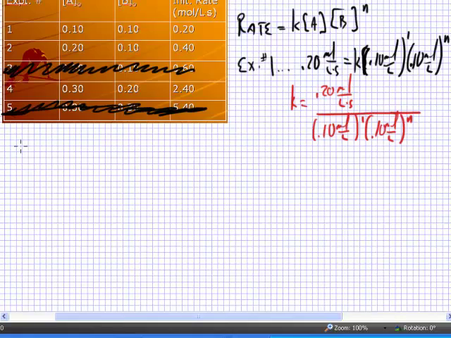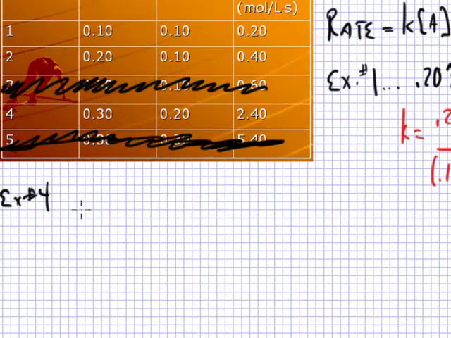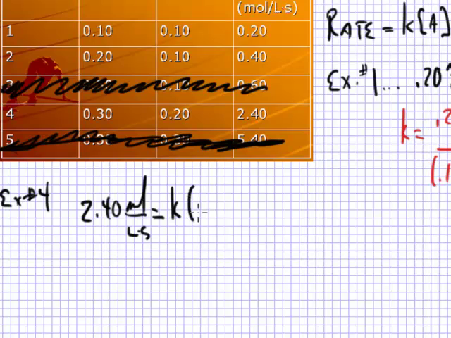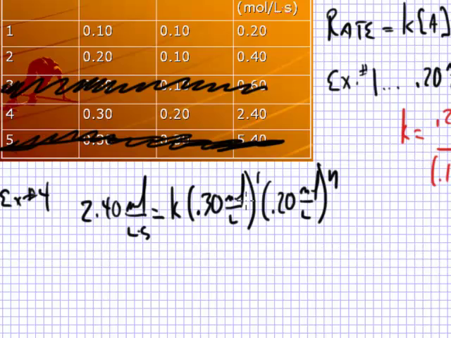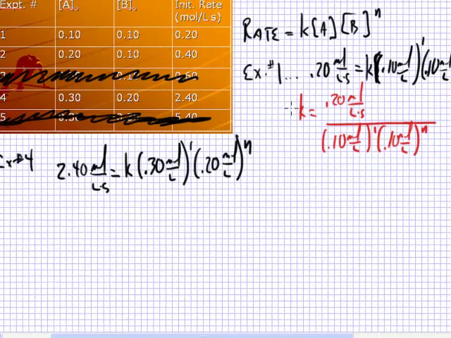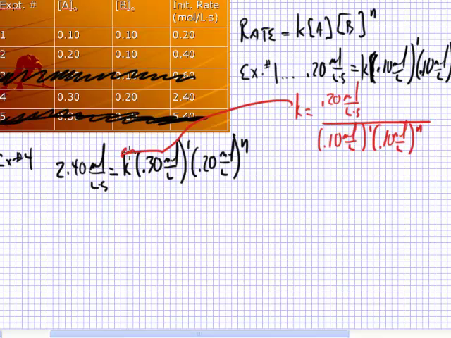Now looking at experiment number 4, here's what we know. Rate, which is 2.40 moles per liter second, is equal to K times concentration of A to the 1 power, and for experiment number 4, that's 0.30 moles per liter, times concentration of B, 0.20 moles per liter, raised to the N power. And we're going to do that same thing where we substitute our K value from experiment number 1 into experiment number 4. So 2.40